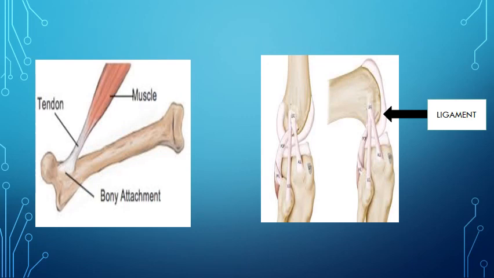You can understand it with an example. If you have to attach two pieces of paper, you just take a sellotape and attach both papers with it. Similarly, if muscles and bone have to attach to one another, there is a tissue which attaches muscles to bone, called a tendon. The tissue that joins bone to bone is known as a ligament. So a tendon joins muscles to bone, and a ligament joins bone to bone.